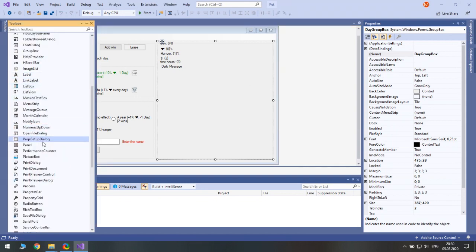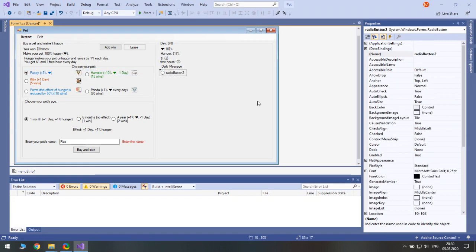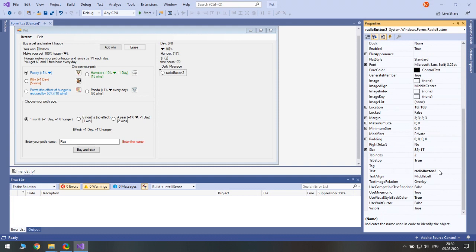And we will have to use again radio buttons, because we should not perform these actions at the same time. So this will be daily choice 1, and this should be walk.